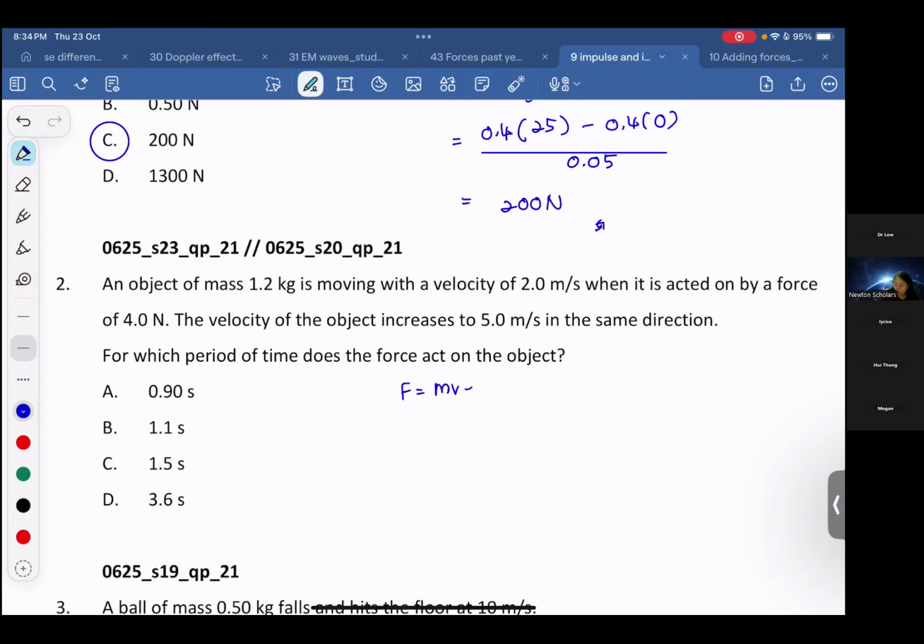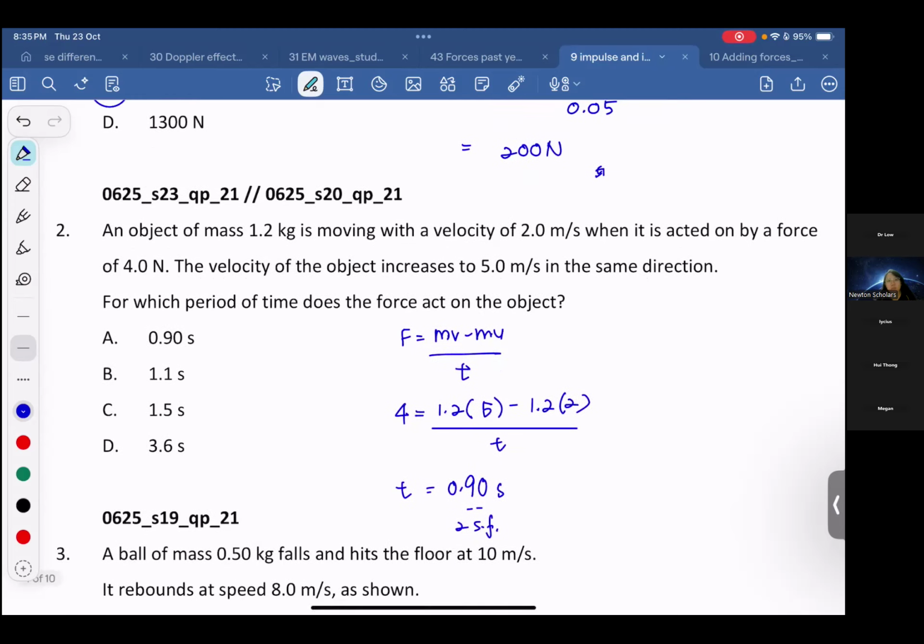F equals mv minus mu over t. For m is 1.2, final is 5, minus 1.2, initial is 2, divided by time. So you do the mathematical moves here and there, you'll get the answer 0.9. You see, they will put 0.90 because of two significant figures. If right now we are answering paper 4, you need to give me 2 to 3 significant figures for your final answer. Some of the students might be asking me, teacher, why do you know that it is using impulsive force? Why not